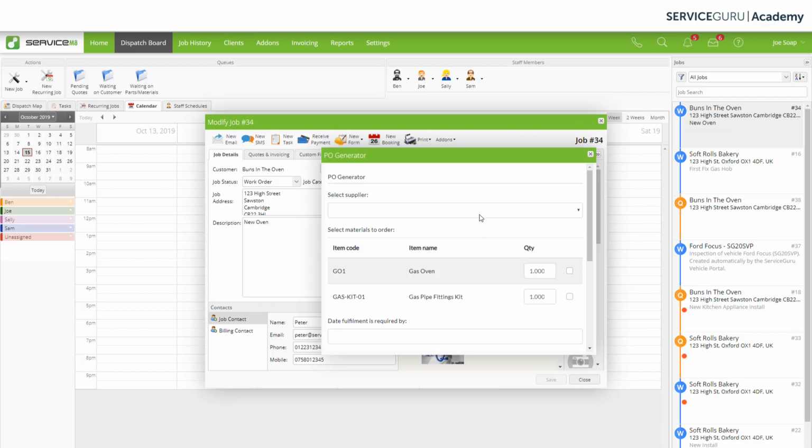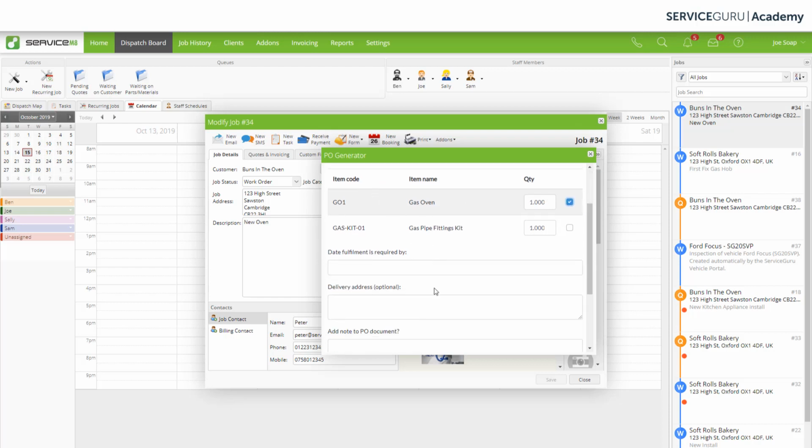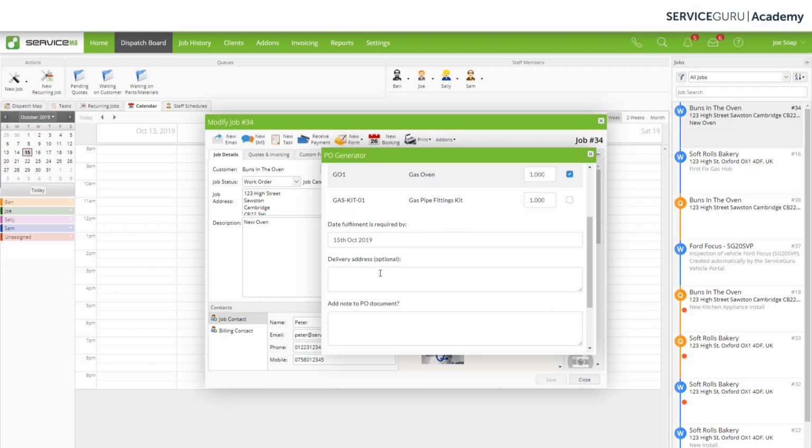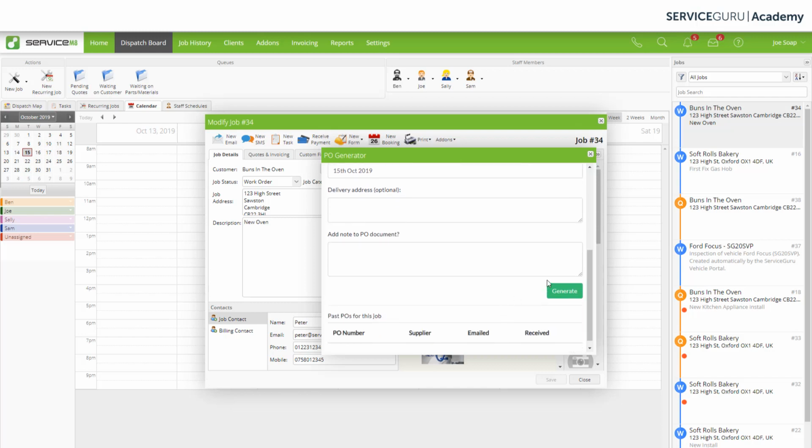So in this example, we're going to select for the oven first. We're going to go to ABC Appliances. We're going to put a tick in the box for the gas oven, and we are going to select a fulfillment date. We're going to say let's fulfill it today, and we also have the option to add a delivery address, an alternative delivery address, and any other notes we wish to add to this purchase order. For now, we're going to leave those blank, and we're going to hit our green button over here to generate